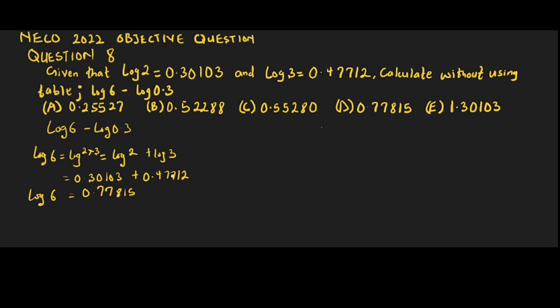Now we have the other part, which is log 0.3. Log 0.3 is the same thing as log 3 over 10. And from the rule of log, it is the same thing as log 3 minus log 10. Now, log 3 minus log 10. In the question, we have that log 3 is